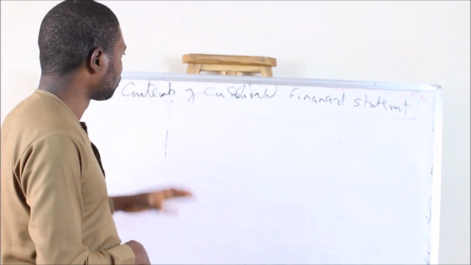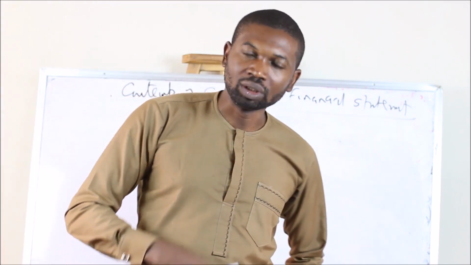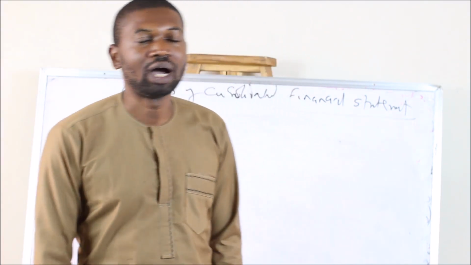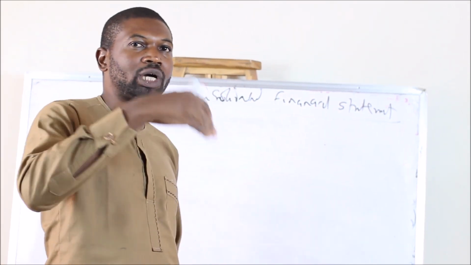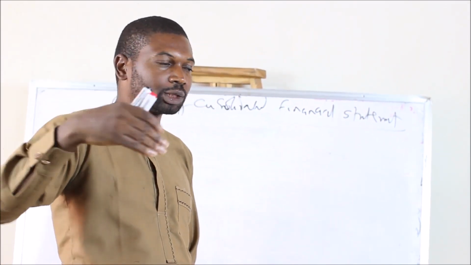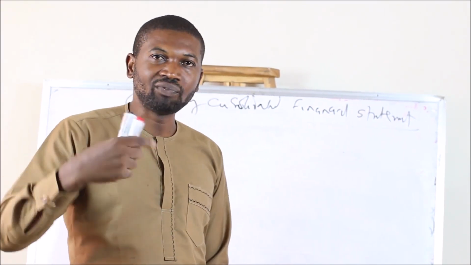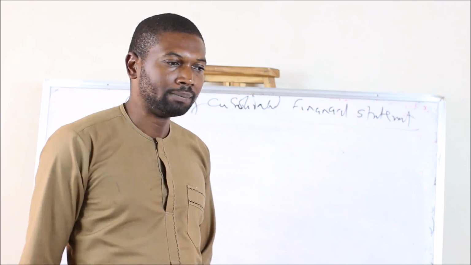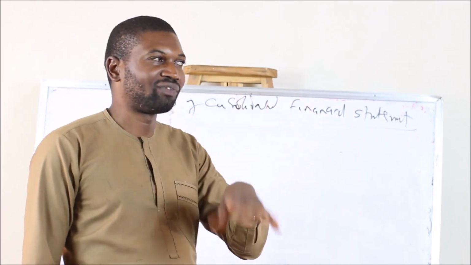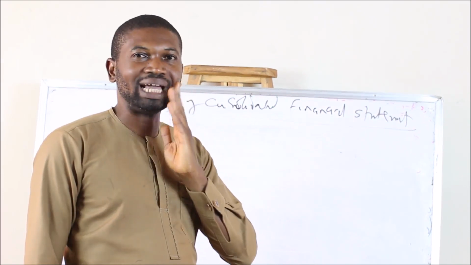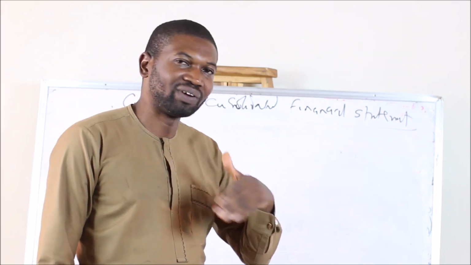And of course, under the statement of financial position, we looked at what it is, which we call our formal balance sheet. Before you can consolidate the statement of financial position, there are some steps and procedures that must be followed. So we also looked at those steps from step 1 to step 5, which are very, very important. They are like workings that help you to consolidate the statement of financial position.